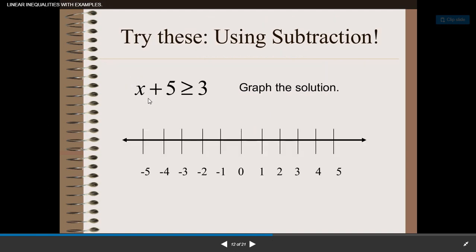Alright, so here we need to solve this and graph this further. So try this on your own. X will of course have values which are greater than or equal to minus 2. So plug in the value minus 2 and remember when the value is included, it's going to be a solid circle. But if the value is not included, it becomes a hollow circle. So try this as an example to solve on your own.